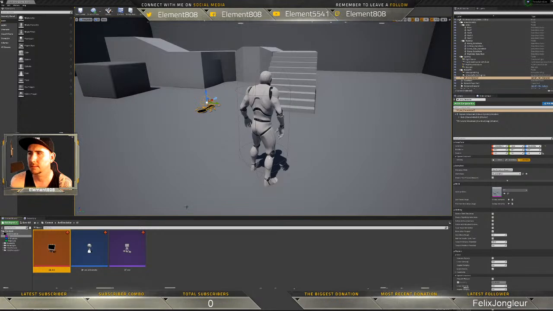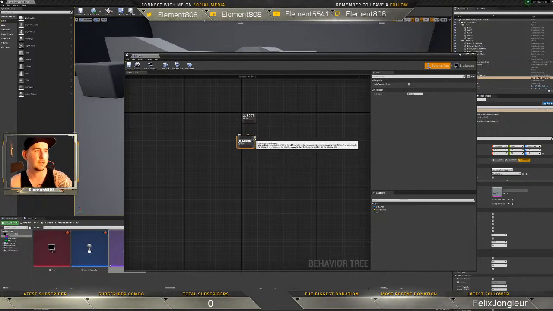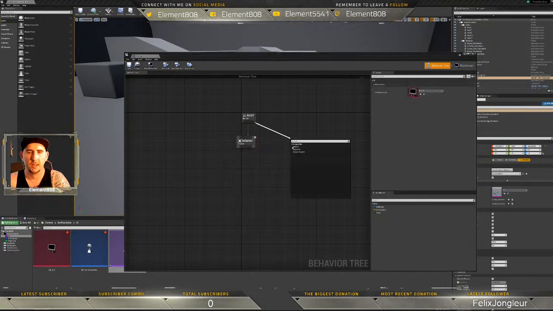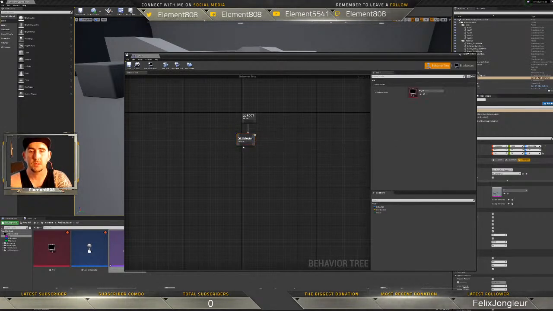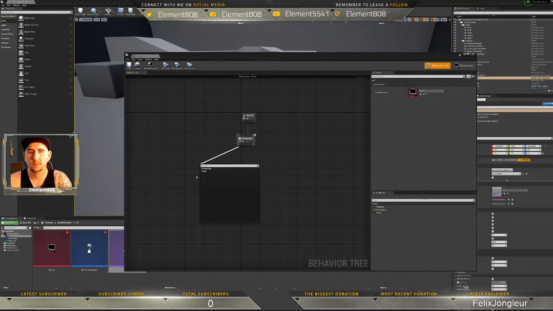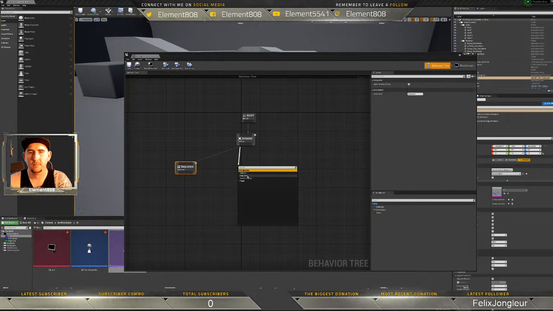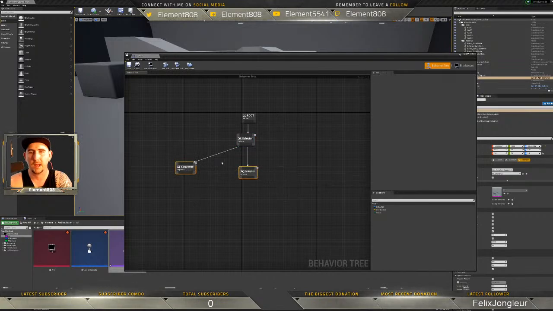All right. So now we've got to go to our behavior tree and pull down a selector. So this moves from left to right, the selectors. You can pull out a bunch of things right here. You can have multiple sequences off of a selector. You could even have additional selectors off of there. And it moves from left to right. So it'll do the sequence and then it'll pick another selector, however you want to set this up